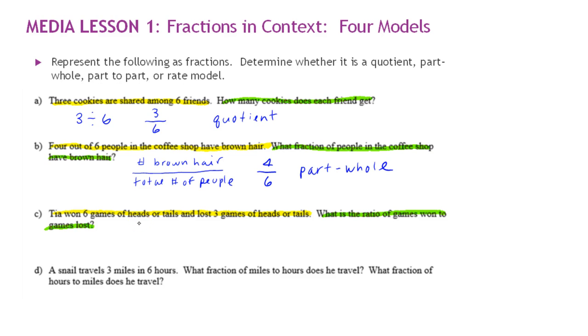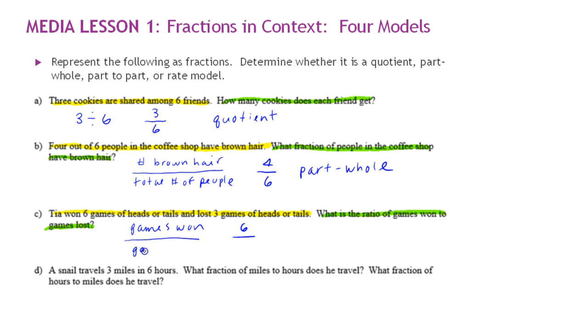Okay, and the whole in this case would be the total number of games played. So we're not comparing these two to the total number of games, we're comparing parts to parts. So since it says ratio of games won to games lost, that means we want the games won on top, which would be 6. Games won